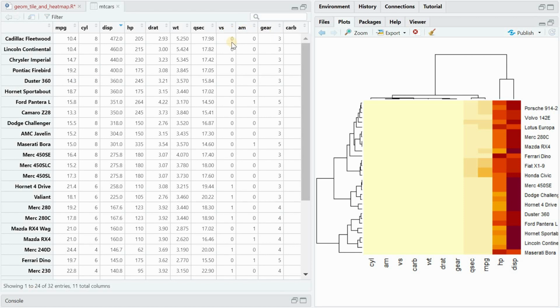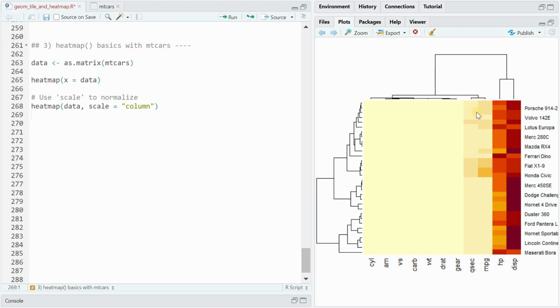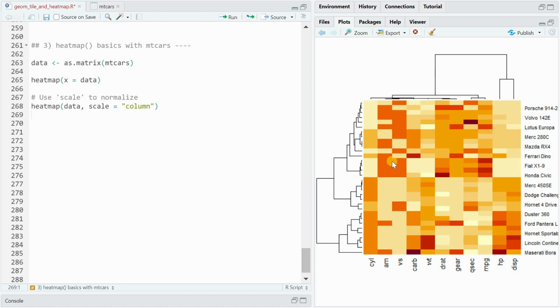And this is because some of the variables are coded with zeros and ones, so very low values, and some have high numbers like the displacement or the horsepower of the cars, so these get intense colors, which means that we need some kind of normalization. We want to know within each column which are the highest values and which are the lowest, so you can use scale on the column to get this result. And now in the 0, 1 columns you just have 2 colors, but columns with multiple values have some more details included.